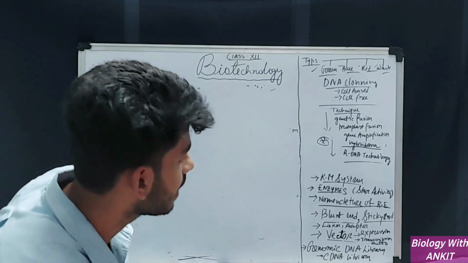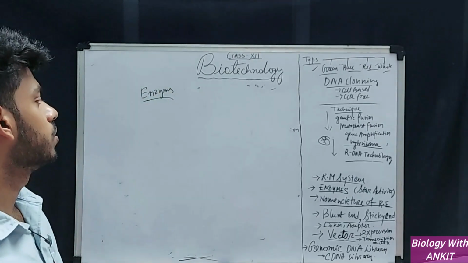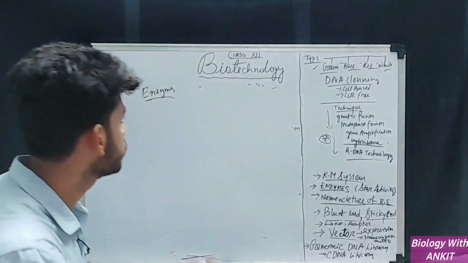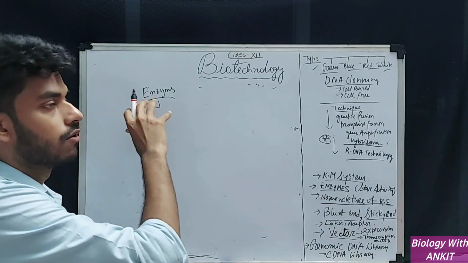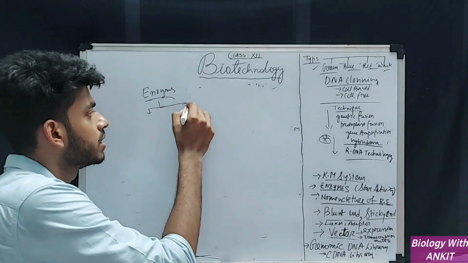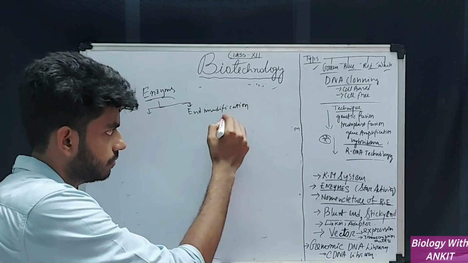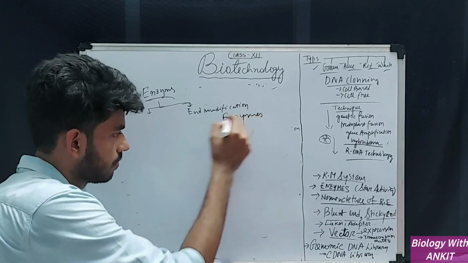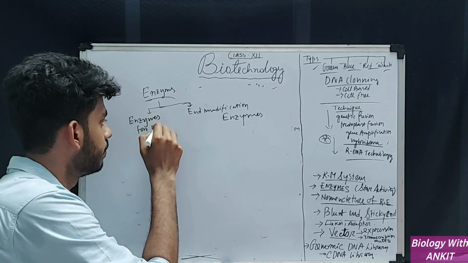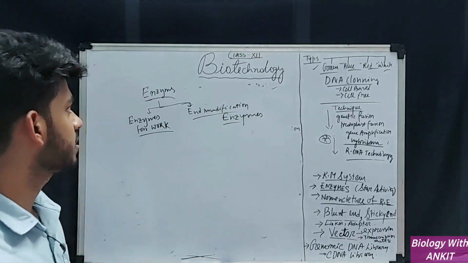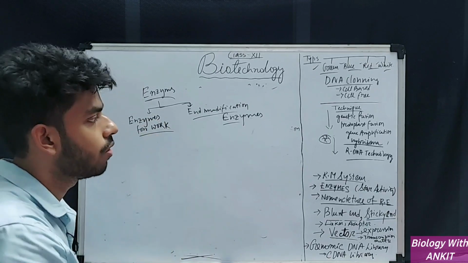So we were discussing the enzymes. We are looking into the enzymes. So what enzymes are required? There are two sets of enzymes. One is the procedural enzymes, those enzymes that are required to follow the procedures, and there are some end modification enzymes. I am just classifying. There is no such classification. I am just classifying them according to how I am going to represent it.